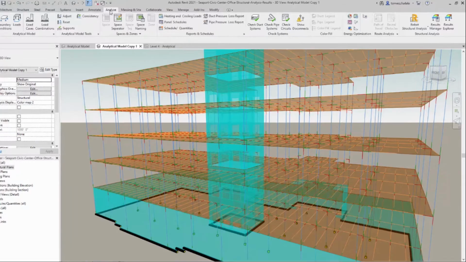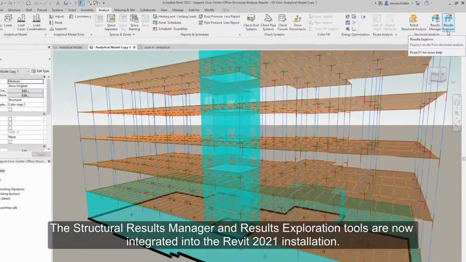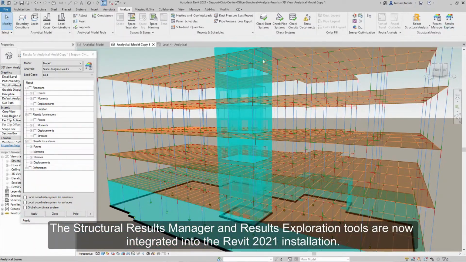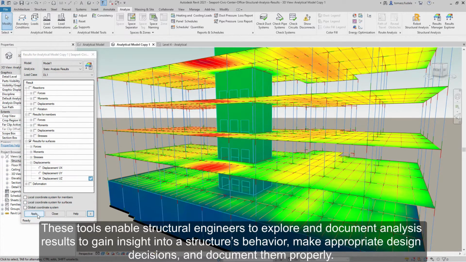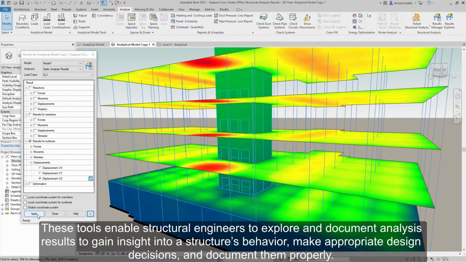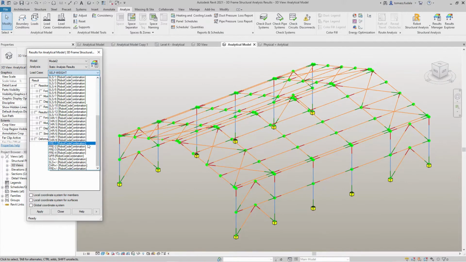Next feature is integrated structural analysis results exploration. Structural analysis result storage and exploration is now native to Revit on install. The structural results manager and results exploration tool are now integrated into the Revit 2021 installation. This tool enables structural engineers to explore and document analysis results to gain insight into structural behavior, make appropriate design decisions and document them properly.